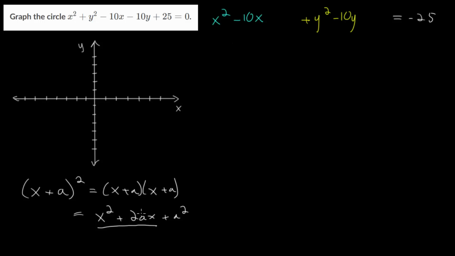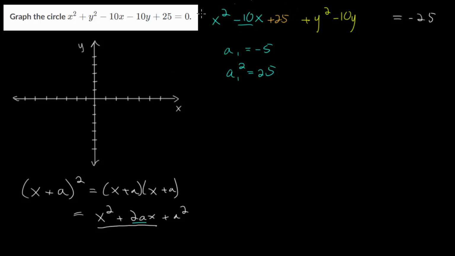So we just need to figure out what our a value is so that we can then square it and add it to each of these expressions. The a value can be found by looking at the coefficient on the first power term, so in this case, the x term. And a is always half this. In this case, I'll call it a sub 1, since we'll have to do this 2 different times. It would be half this value, so negative 5. And the number we want to add here is this number squared. So negative 5 times negative 5 is positive 25. So if we add 25 here,